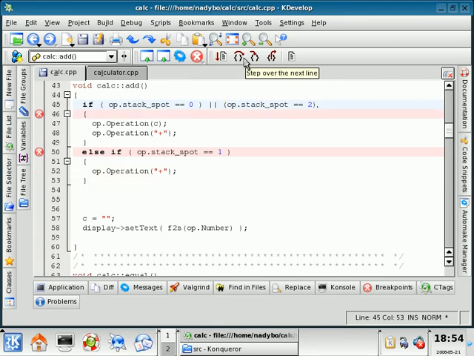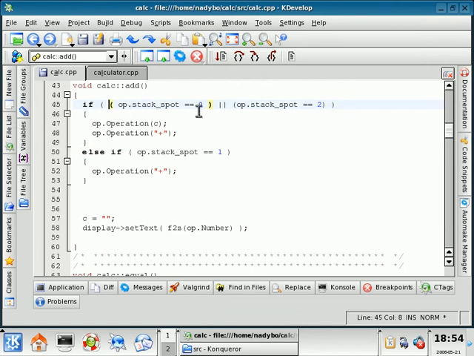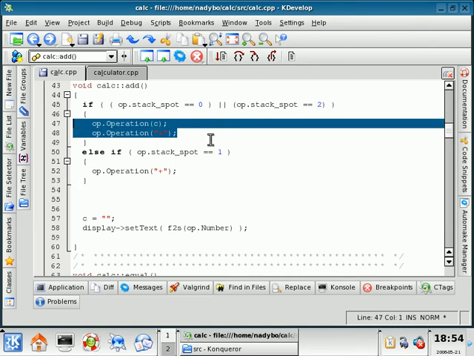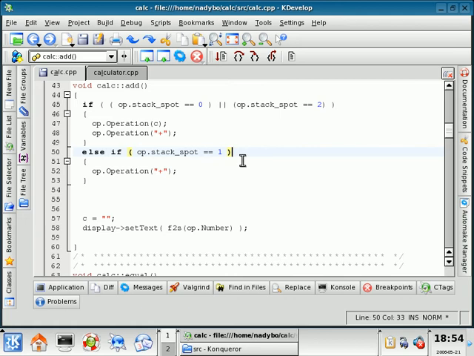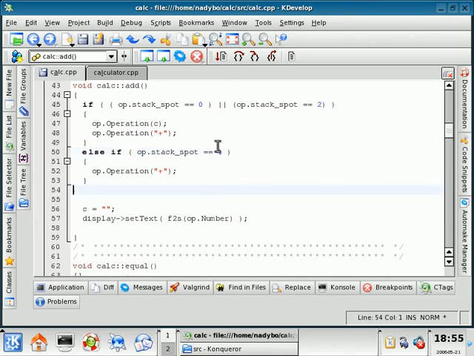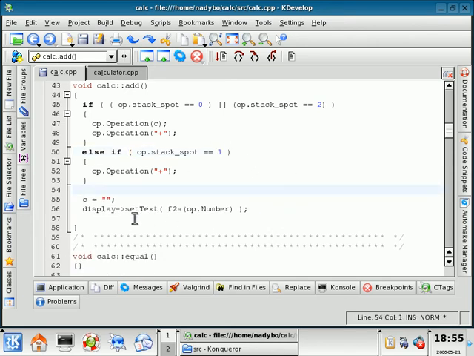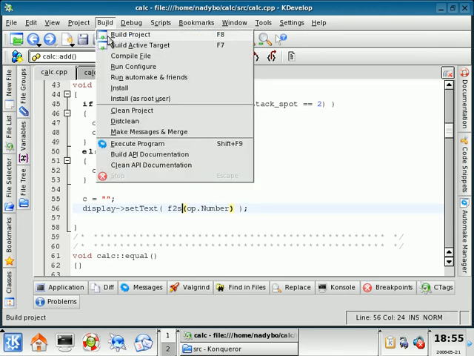Okay, so I can do if that or that, encase them in parentheses. So the first condition is if the stack spot is 0 or 2, we're going to be sending it a number, and then we're going to be sending it a plus. That way we can do 5 plus 5, and then when we push plus again, it's going to show us the answer to 5 plus 5, and then put plus in there, and then wait for the other one to come in. If it equals 1, then we're just going to send it the plus operator. And the plus operator is going to wait for another number to come in. Then we're going to set C equal to nothing, and then we're going to display the string equivalent of what the answer is. Build,